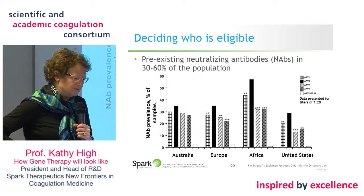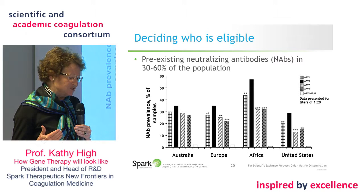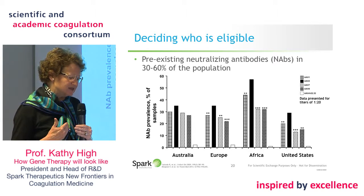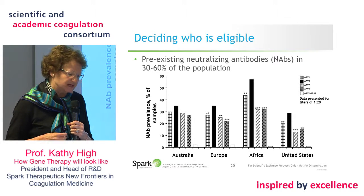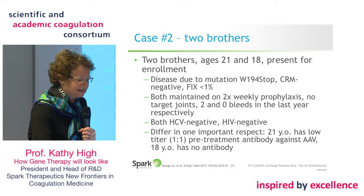And so one of the problems that the field is grappling with is what will be strategies for people who present but have neutralizing antibodies to the capsid, and how will we sort through this, and how will we overcome that. So I'll just show you what it is that the capsid